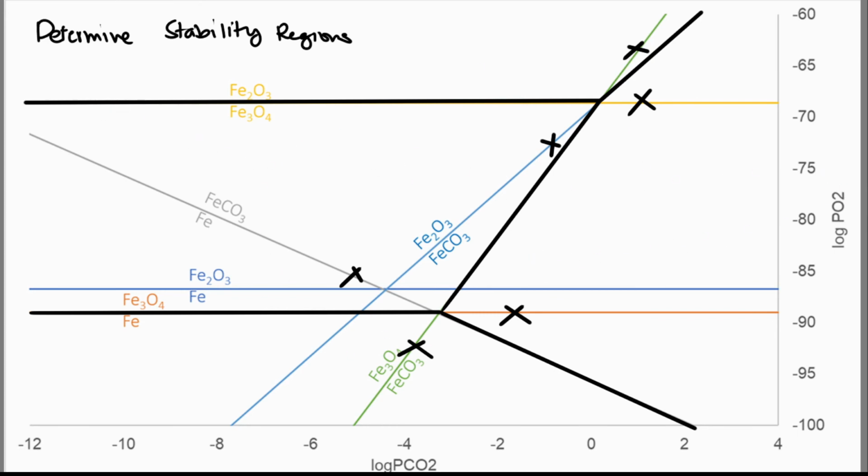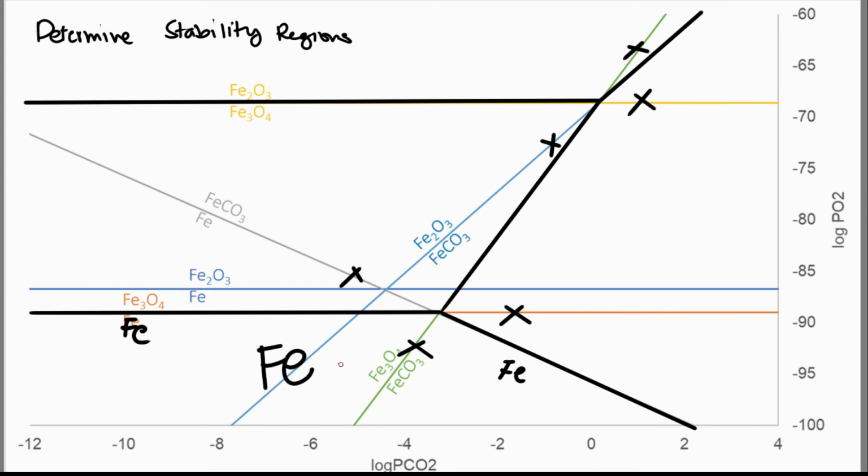Now, to know if our assumption is correct, or kung ano yung nandito sa stability regions na to, we now look at the equilibrium lines kung paano nagbabound tong region na to. So for the bottom part, we know that it is enclosed by an Fe-Fe3O4 equilibrium line, and sa baba ng equilibrium na ito, dapat Fe daw siya. Itong line na to, we have FeCO3 and sa baba is Fe. So we see na parehong Fe, so parehong Fe yan, then this should be